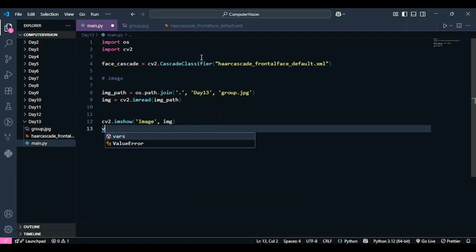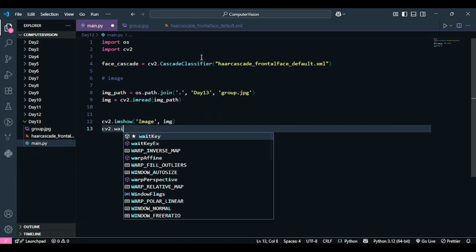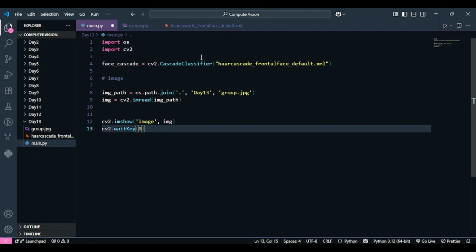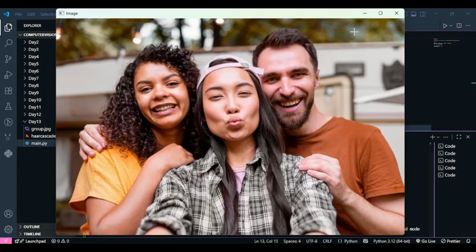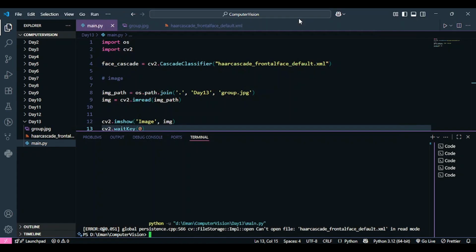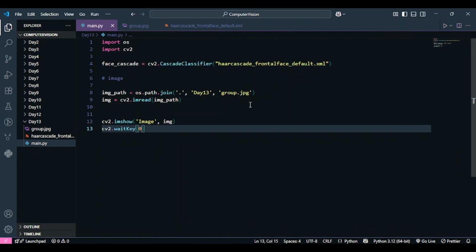And then finally my waitKey function. Okay, now let's run it and see if it's running correctly. Okay, yes, so it has successfully visualized the image for us. I'm going to close it, and now we